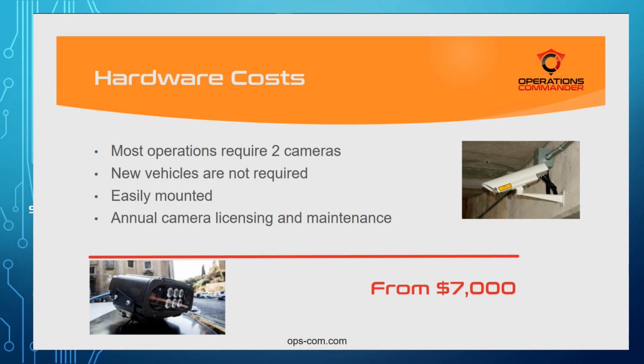Installation will require power and network cables to be pulled to the location. This cost may be included in your purchase or may require a third party to supply the service at your expense. The initial investment for the setup of a mobile LPR starts at approximately $16,000. Breaking that down, 2 mobile cameras with magnet mount plates, $13,000, the plate reader, $1,000, the ruggedized tablet and printer, approximately $1,700,